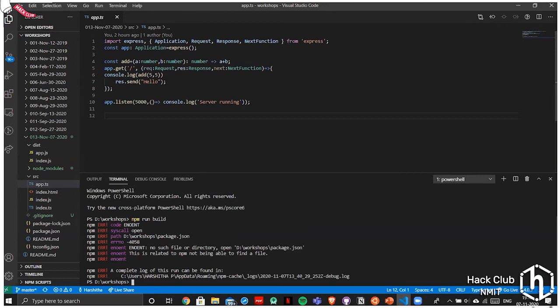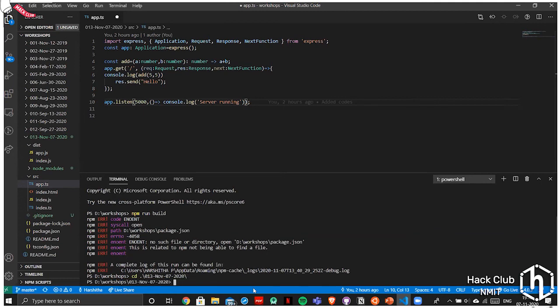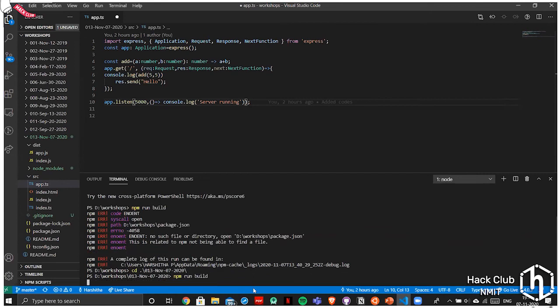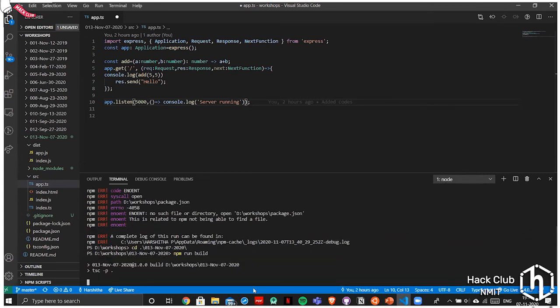I'll kill this. Yeah, we try this one. Yeah, so it got built. Yeah, once it's built, you can run it by npm start.